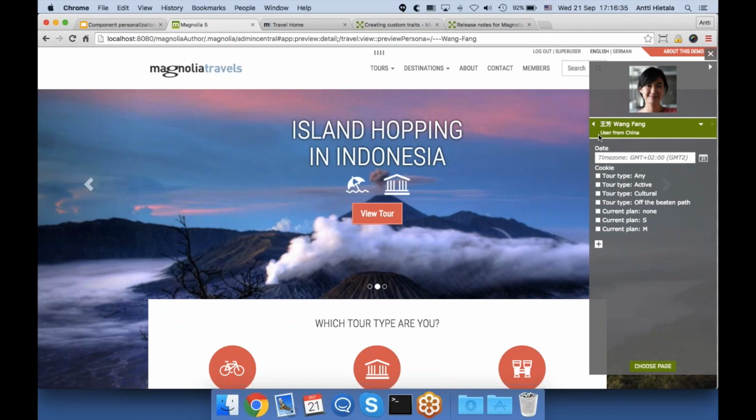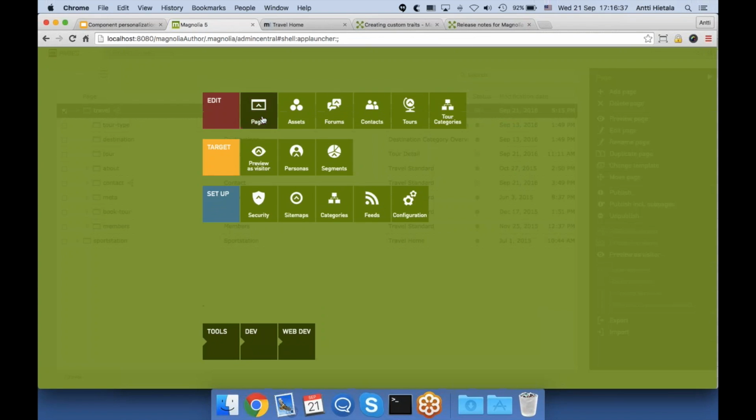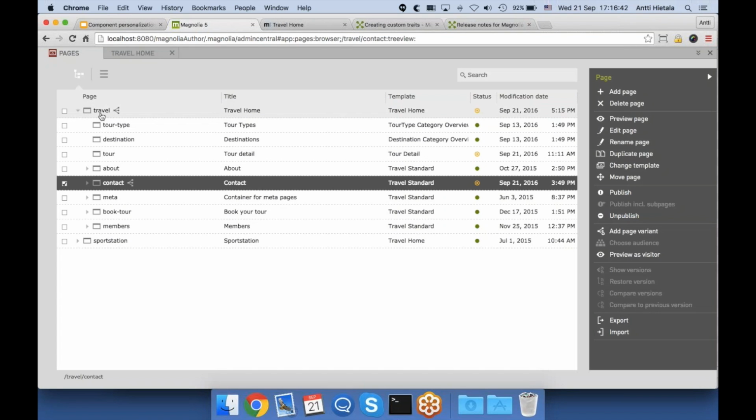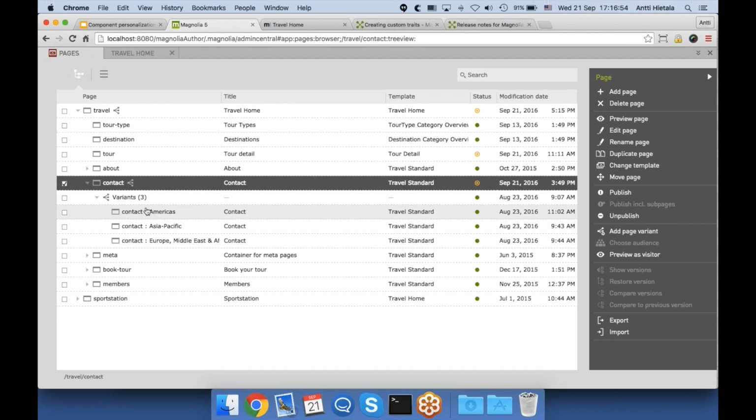Now, we haven't forgotten the page-based example though. It's still very much valid, but we moved it to another page because we think component personalization is a more relevant feature. So if you're still interested in learning how page variants work, down here on the contact page, I have an example that has 3 geo-targeted page variants. So let's open that page as well. I'm going to